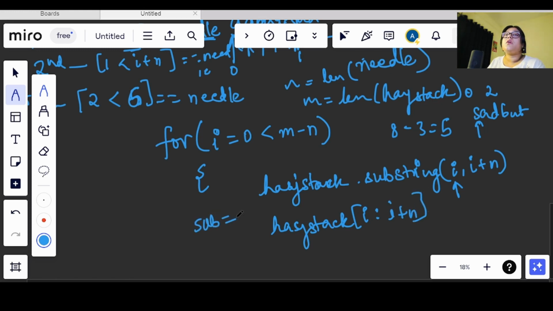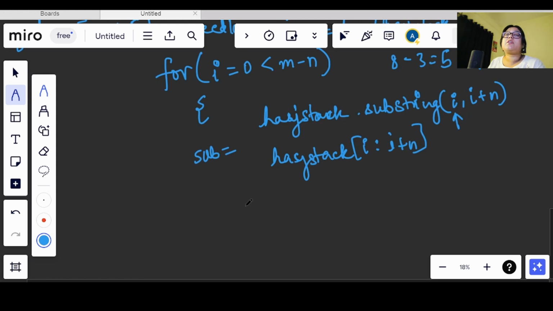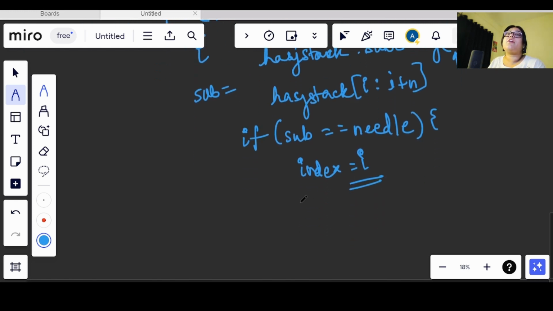Okay, now once we have got the substring, after this what we will check, if this substring is equal to the needle provided to us or not. If it is, then what we will do, we will add index, and in that index we will assign I, and we will simply break out of the loop here, because we don't need to move any further.